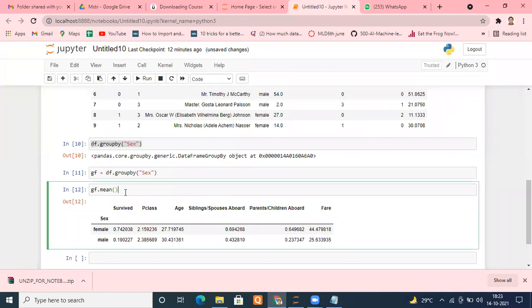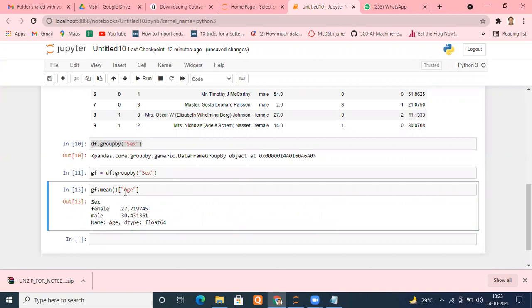Suppose I put a bracket here, and inside that bracket I put, for example, age, something like that. See, I'm able to access. Age is 27 for the female average age, and the mean age of males was 30.43. If I want more columns, it's up to me. I'll put a square bracket like a list.